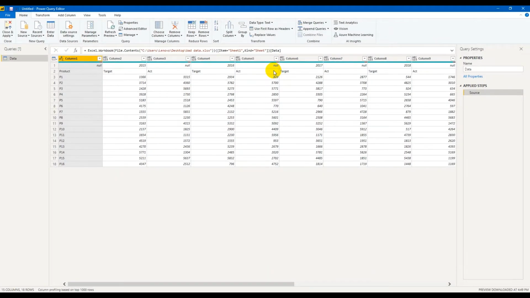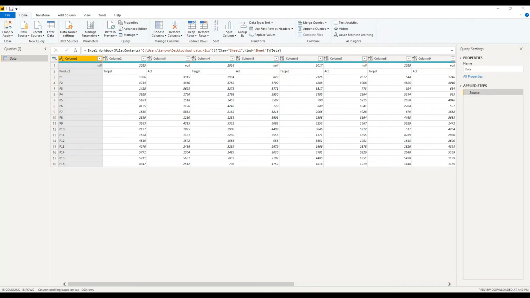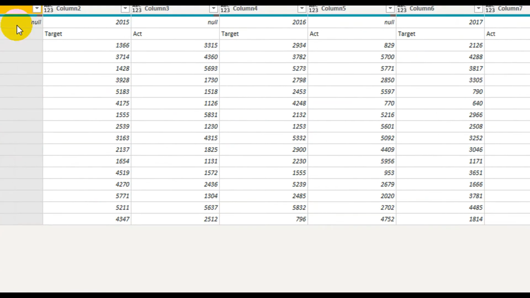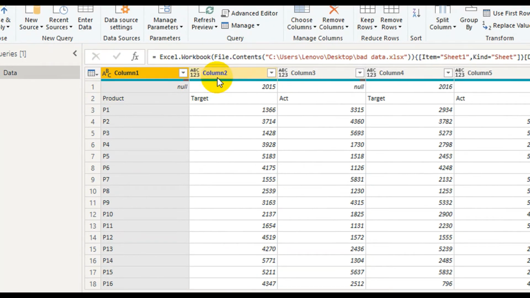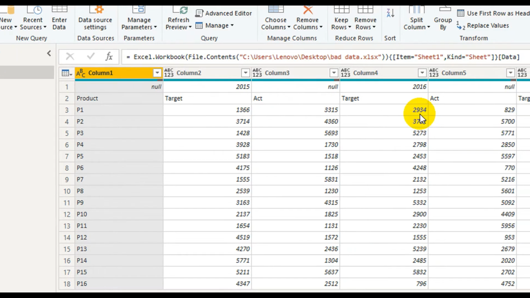And the data is not in a very good shape. We need to clean it. To clean the data, we need to understand the structure of the data, and we need to decide how to shape it up. If you look at this data, it has the column headers Column1, Column2, Column3. That means Power Query editor is not understanding what is the final column header. So it has taken its own column header. And below that, the first row is 2015 and then null. And the second row is target and actual. You cannot have two column headers. So dealing with this data as it is not a good idea. But if I can get a single column header, then it is easy for me to manage the data.